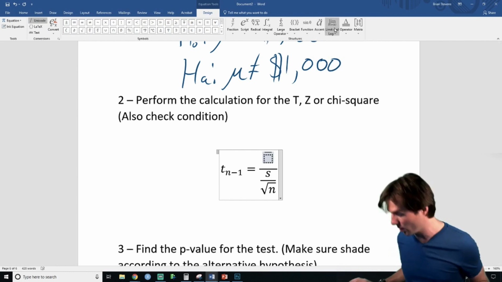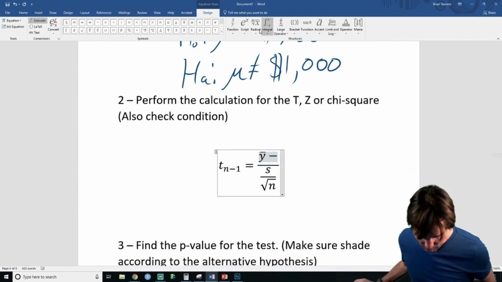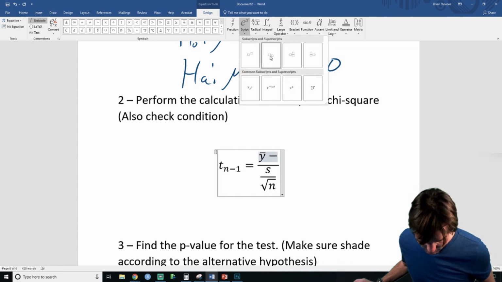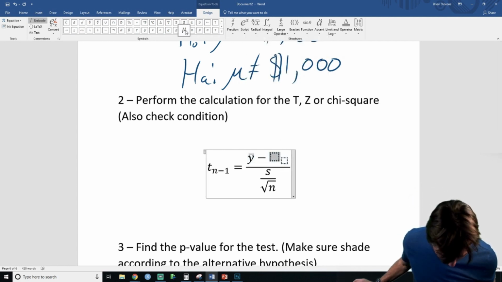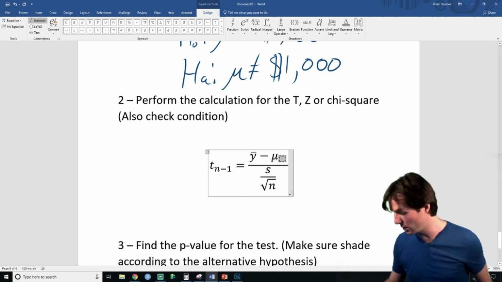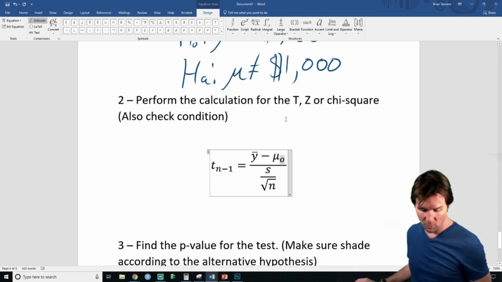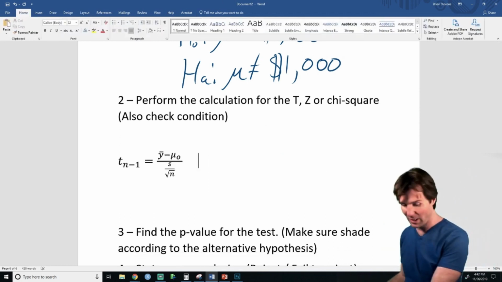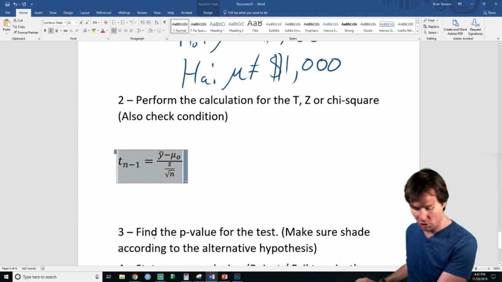Let's put our y bar, which is the sample mean, minus mu naught, which is the hypothesized true mean, technically. So we're going to put a mu naught right here. There's the mu, there's the naught, and we got it. We have now written our equation, and once we click outside of here, it's going to make it small. We're going to copy paste this equation, put them side by side,